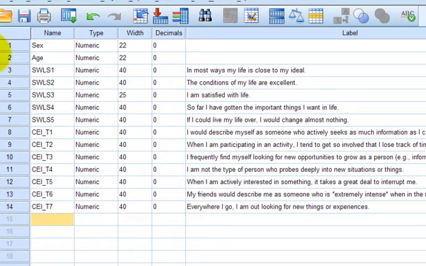You'll notice that we have participant sex and age, which we'll not be using in the analyses today, as well as 5 items comprising the satisfaction with life scale. These items include things like, in most ways my life is close to ideal, the conditions in my life are excellent, and I'm satisfied with life. We'll next use 7 items from the curiosity and exploration inventory scale. These items include things like, I would describe myself as someone who actively seeks as much information as I can